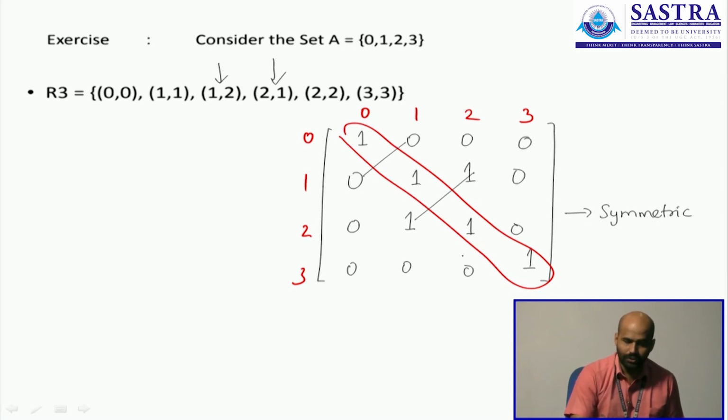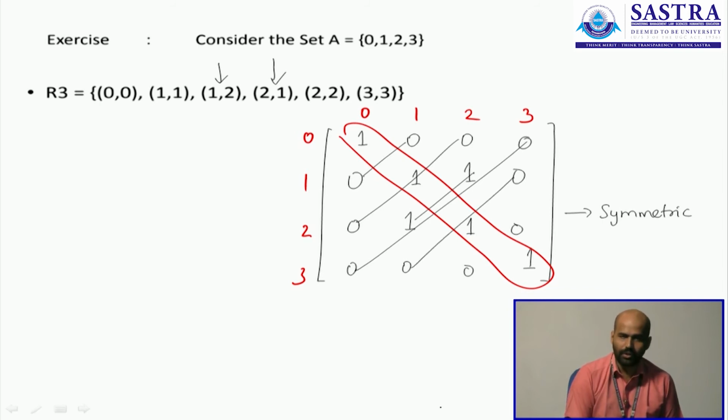The third row first entry and the first row third entry are same. The fourth row first entry and the first row fourth entry are same. The fourth row second entry and the second row fourth entry are same. The fourth row third entry and the third row fourth entry are same. So there is a symmetric nature to be observed in the matrix that represents the relation, and therefore you call such relations symmetric relations, because their corresponding matrices are symmetric above the diagonal. You have the leading diagonal, and all entries above and below are symmetric.